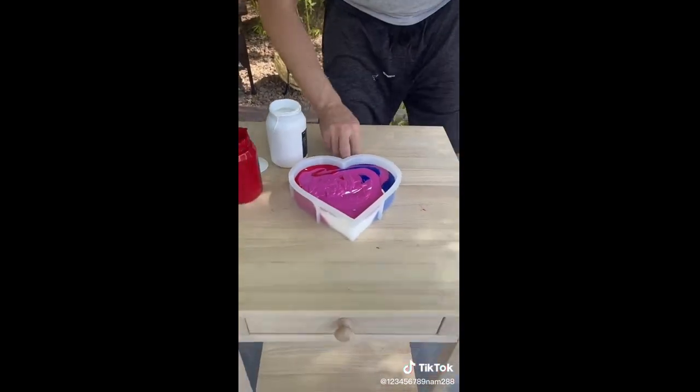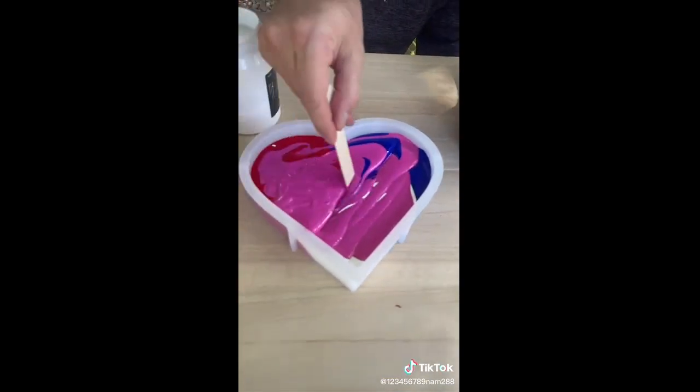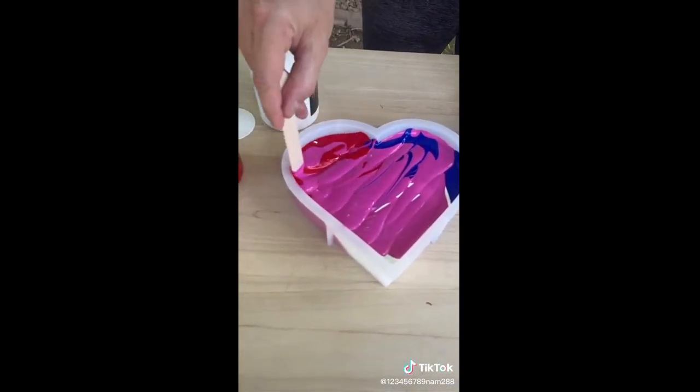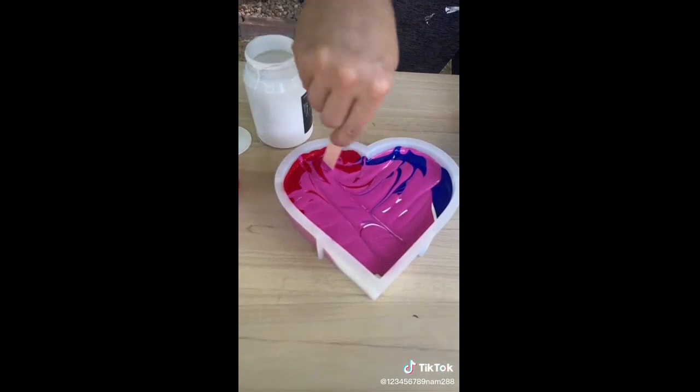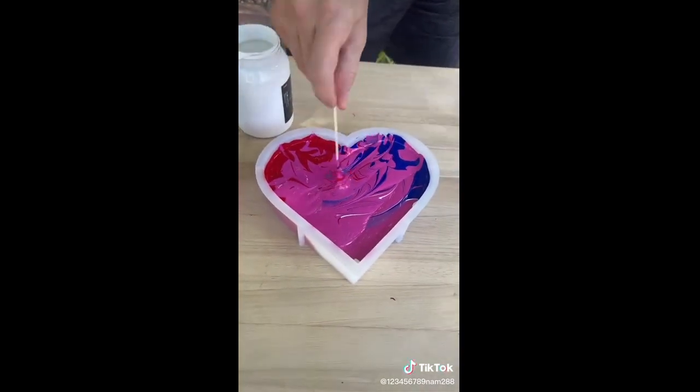Now I'm going to take this little stick right here and watch this. Okay. Just going to do a little bit of this. So you're creating a pattern underneath that will transfer onto the table. So you'll see this really as soon as it starts to,